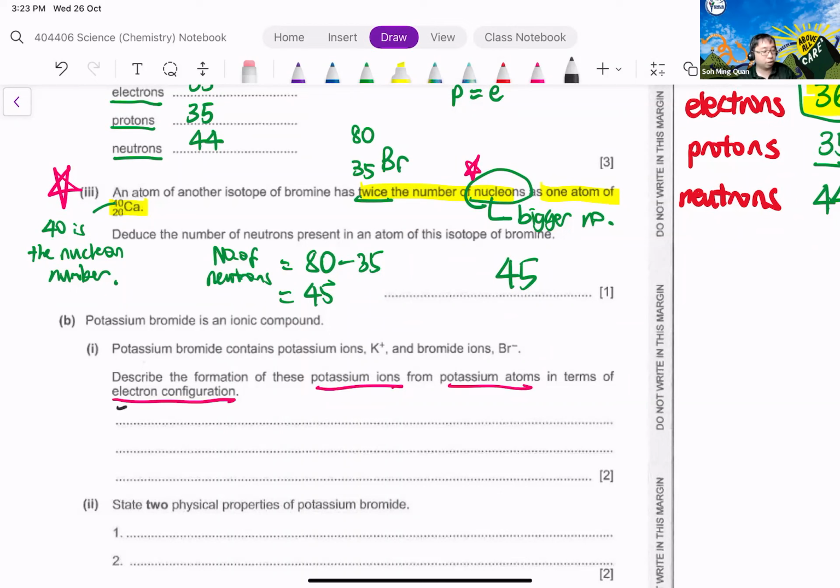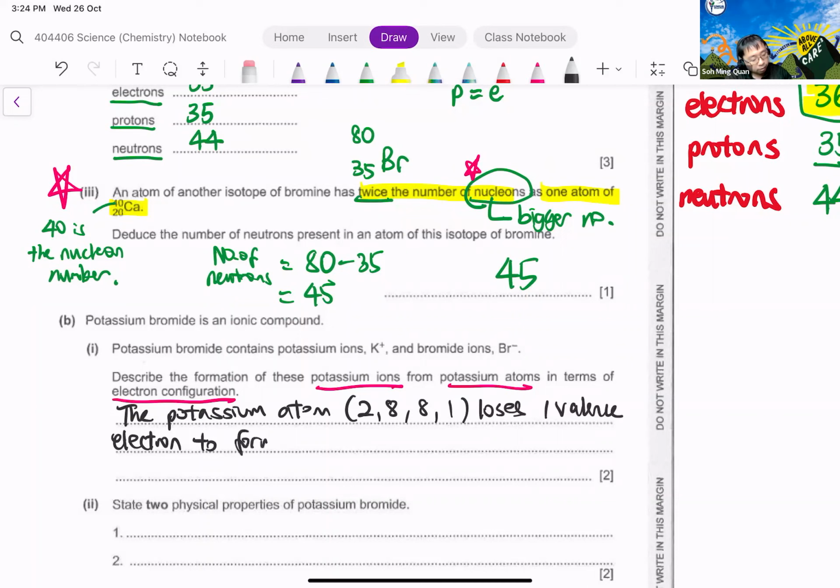If you didn't write the potassium atom 2881, if you didn't write 2881, no marks, you will lose marks because this is what we mean by electronic configuration. So potassium, you go to the periodic table, you look, the electron is 19. 19 is 2881. So if it's 2881, it will lose 1 valence electron to form K plus ion. Now after losing 1, 2881 will become 288,